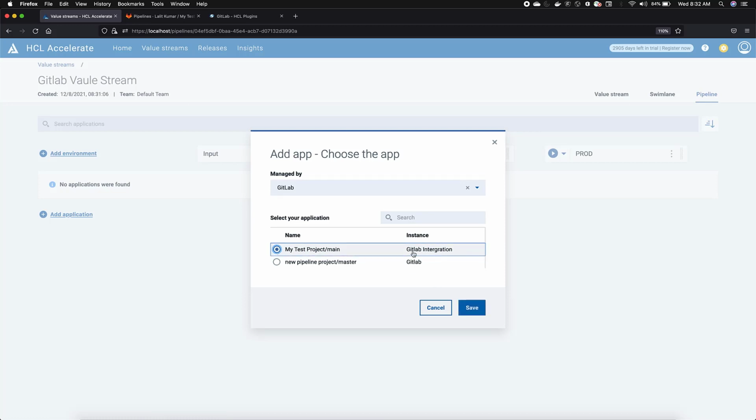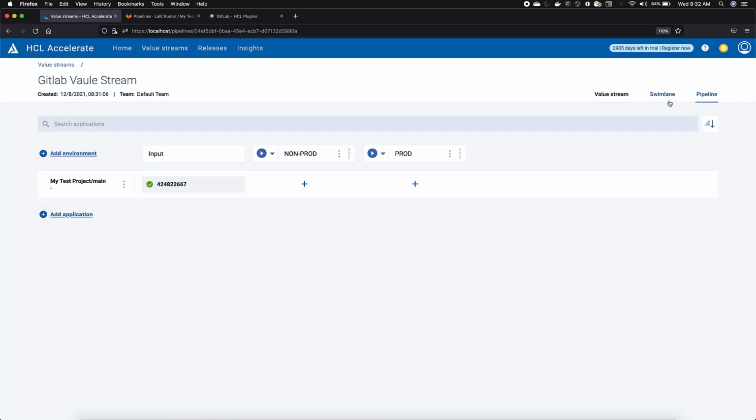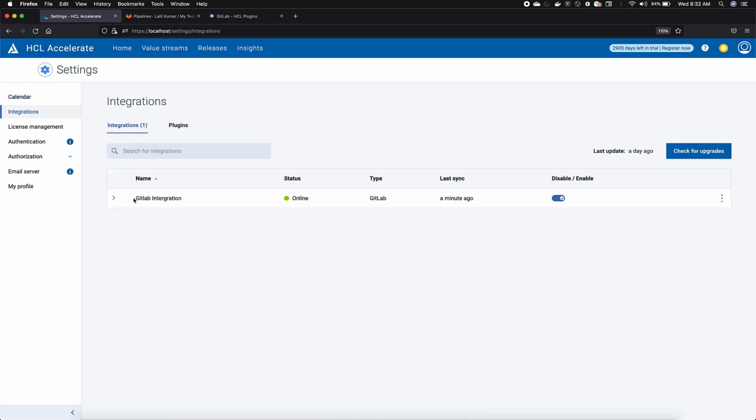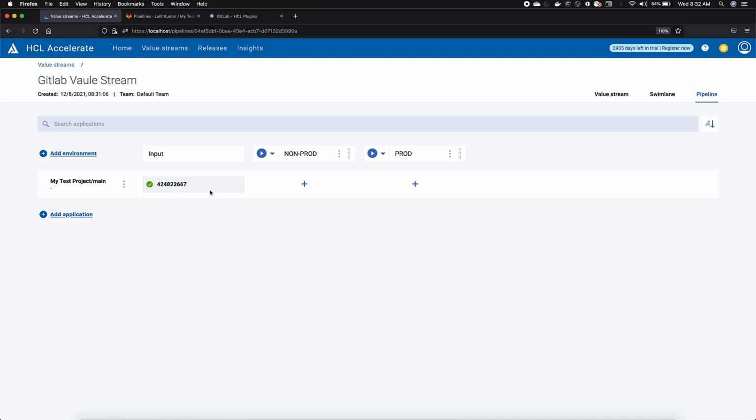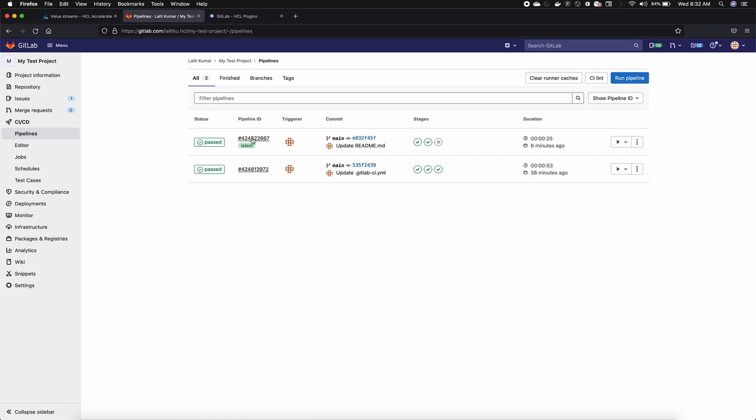This GitLab integration is the same name as I created here. So once I go back to this one and add it, it will show the latest build that has happened under the input section. You can see this is the latest build that has happened, 667.